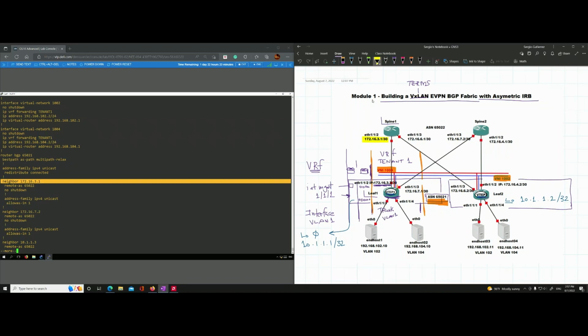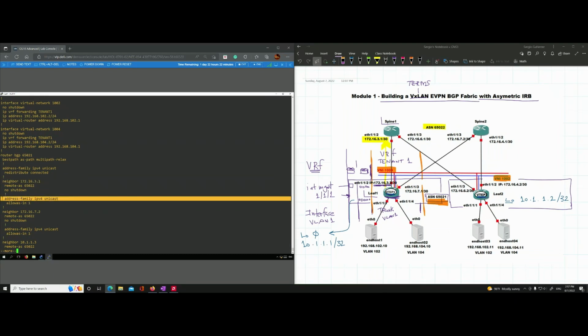This is going to be the neighbor for that leaf1 BGP process. And then he's saying that the remote autonomous system is 65022, which is right there. And then no shutdown. If we continue down the line, we're going to enable the address family IPv4 unicast, allow AS in 1,